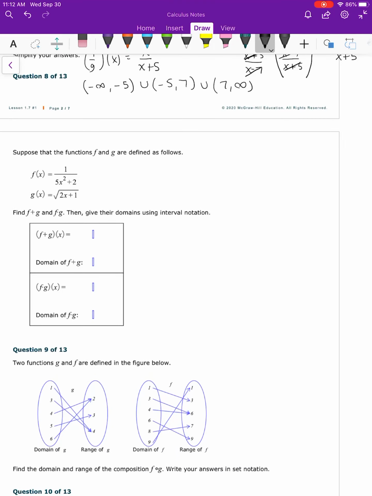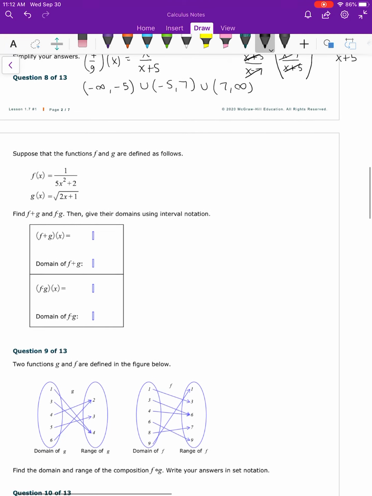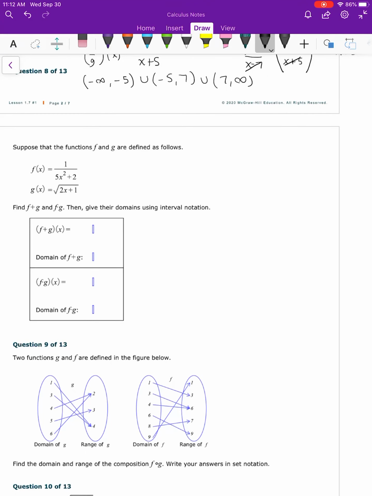Question 8: suppose that the functions f and g are defined as follows, and then find f plus g and f times g and give their domains. So f plus g is just going to be 1 over 5x squared plus 2, plus the square root of 2x plus 1. And you really don't need to simplify it, I don't think. I don't think they make you simplify it. Your domain,